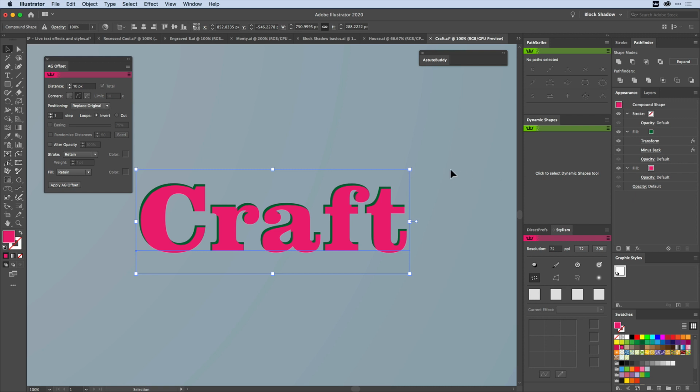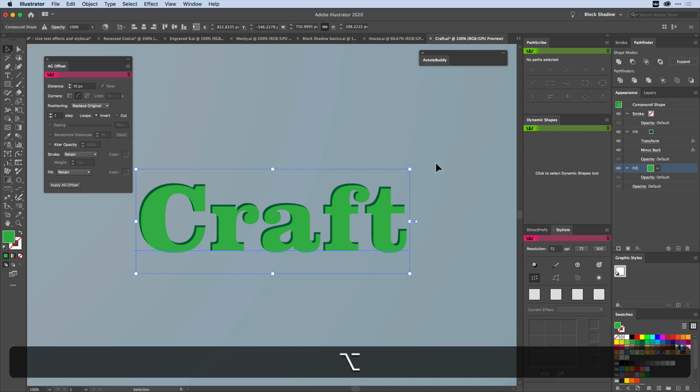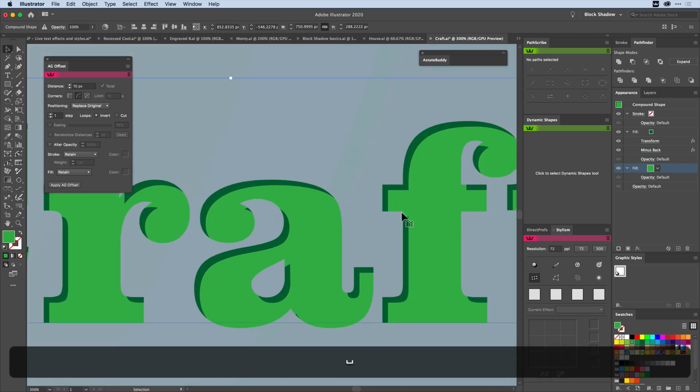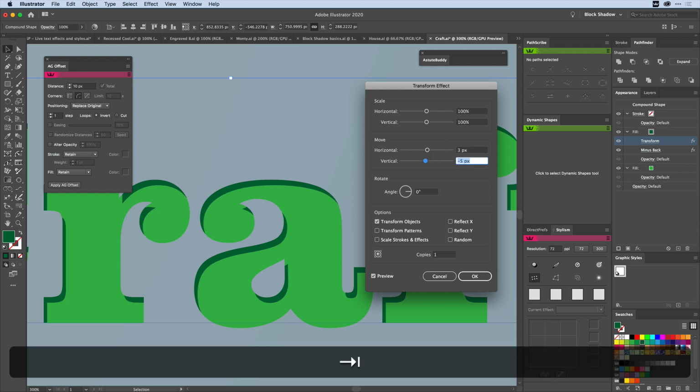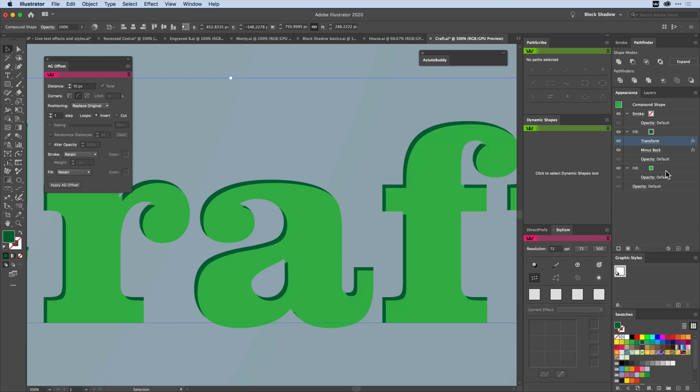Here's the weird thing that's happened. It's created this sort of inset. Now, it's got weird colors going on, so if I make this one a lighter green, it makes a bit more sense. It's got this weird inset going on in this live vector thing. It isn't completely true, because you can see in the corners here that it creates a bit of a sharp corner. You can add more and more of these and make the transforms a bit less each time. Then I could add another one on top like this. I duplicated that transform, and I could make that one a red color, just so I know what's going on, and put it on top.